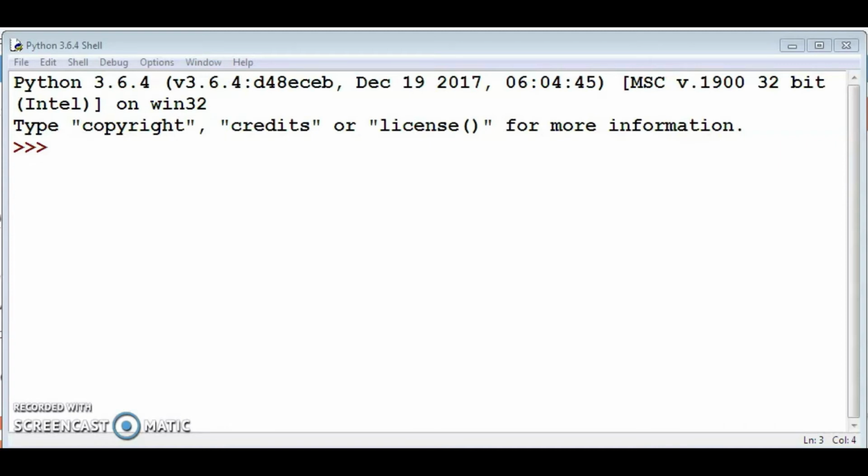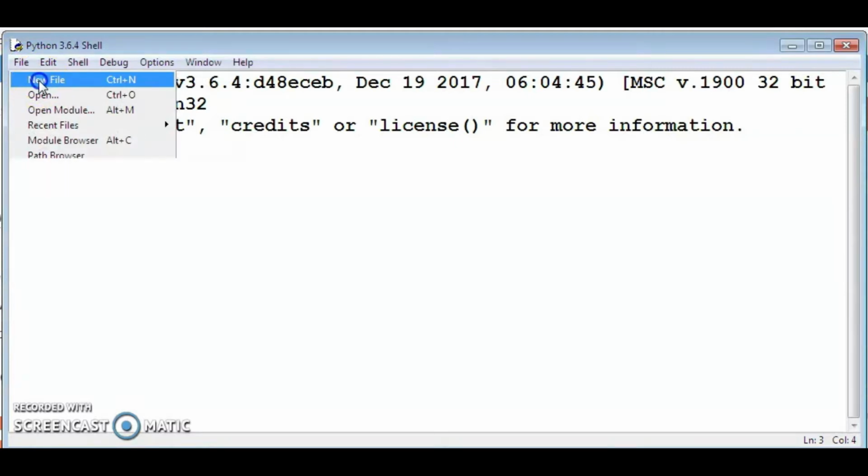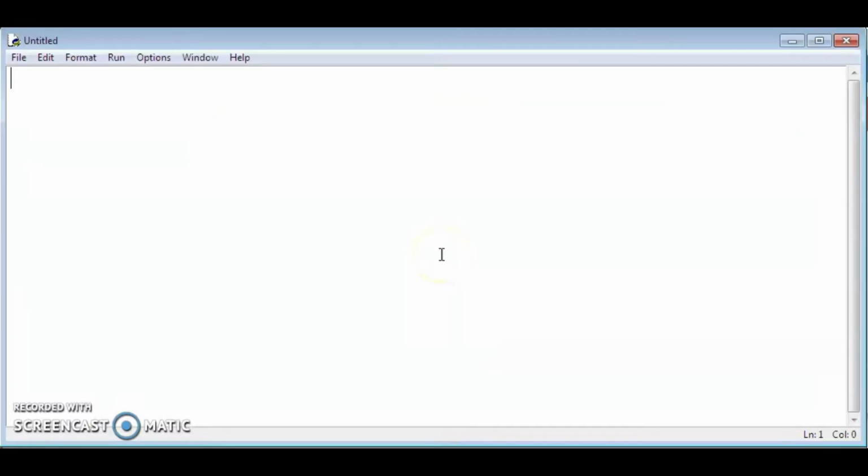Then you will get a window, that is Python 3.6.4 shell. Then how to use the script mode? We already discussed that. For that, you have to click on the file menu, then choose the new file option. Then you can see an untitled window.